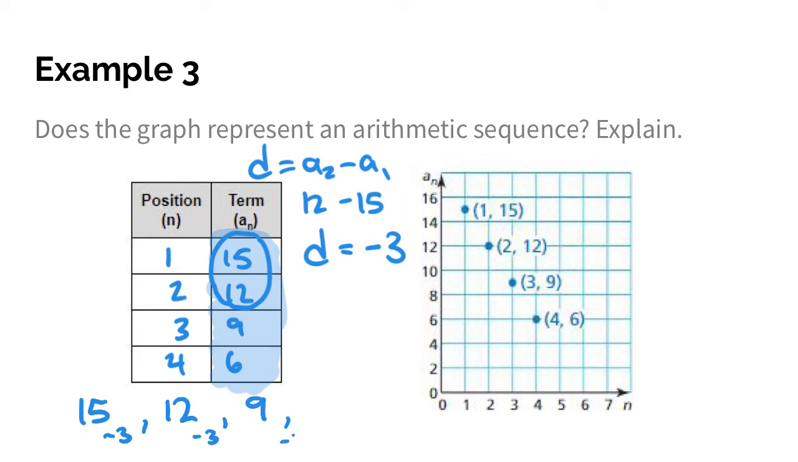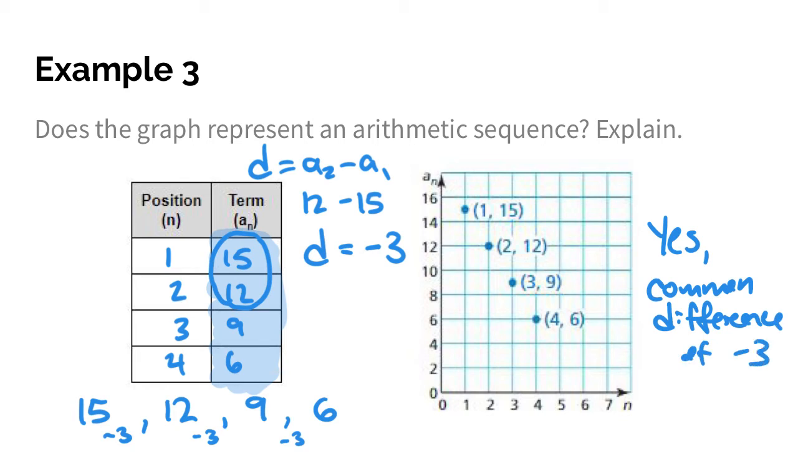If I subtract 3 again, does that give me 6? Does it follow that pattern? In this case, yes. And the reason why is because it has a common difference of negative 3. If this number were to be different, if I see negative 3 and all of a sudden it changes to negative 4, then negative 5, if the common difference changes, is not consistent or constant, then it would not